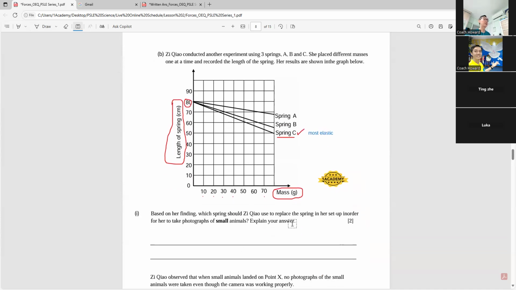Explain which spring should you use in order to take photographs of small animals. So small animals will have lesser mass, so with lesser mass, I must use a spring that's most elastic. So that's spring C. So by annotating here, it actually facilitates your answering here. So the complete answer with this,